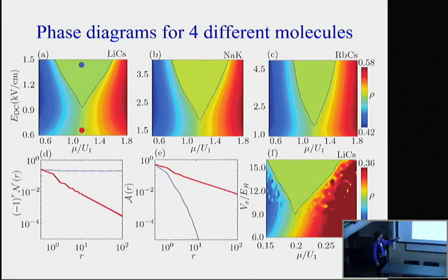And here's an example of lithium cesium, sodium potassium, rubidium cesium, all out of experiments. What I'm showing is, as a function of electric field and chemical potential, I can tune through a phase transition indicated by this dashed line. Inside of here, I have a Mott insulator, and outside, I have something that's much more superfluid, okay? For the same molecule, I may have a Mott insulator that's every site, or I may have a Mott insulator that's every second or every third site because of dipole-dipole interactions. So the results of QuSP are very rich already,